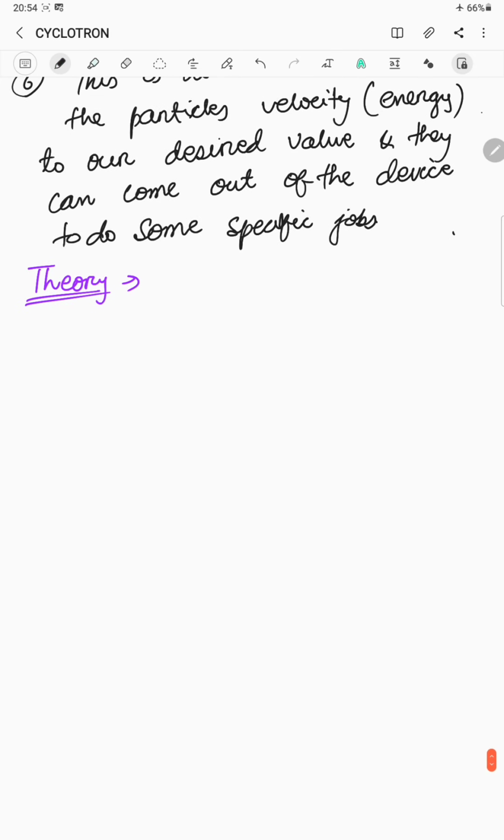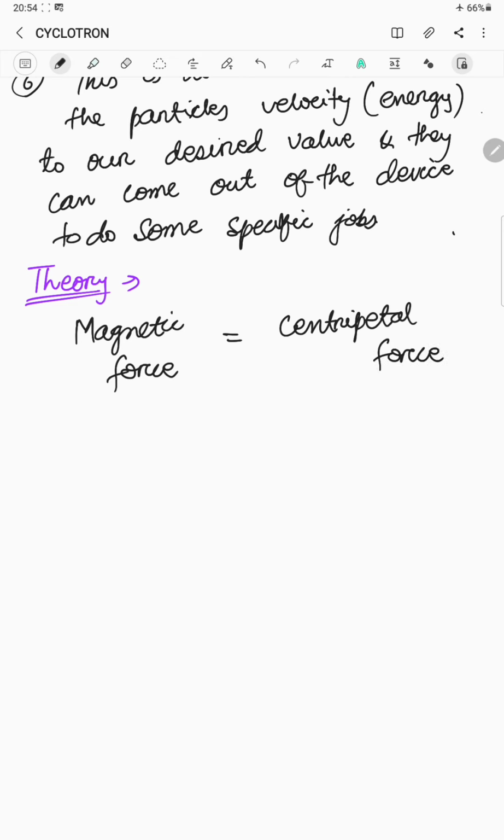So it is quite obvious that if some particle moves in a circular path, here the magnetic force provides the necessary centripetal force. That's why it is able to move in a circular path. Okay. So the magnetic force is how much, from the previous class? We know q v sin theta, and here velocity and magnetic field are mutually perpendicular to each other. So sin 90, this will be equal to mv squared by r.